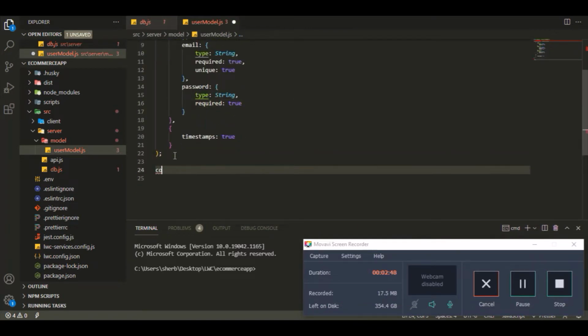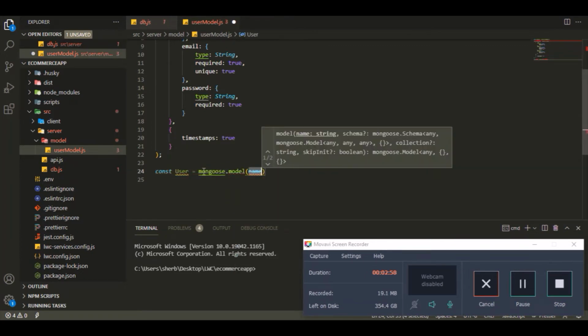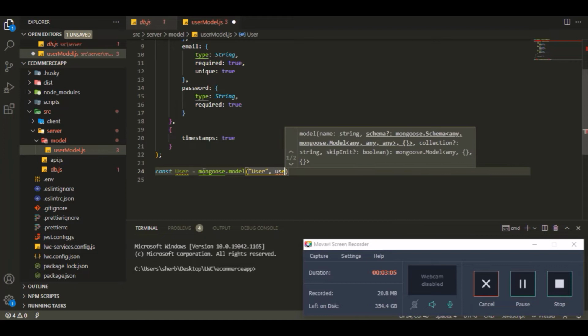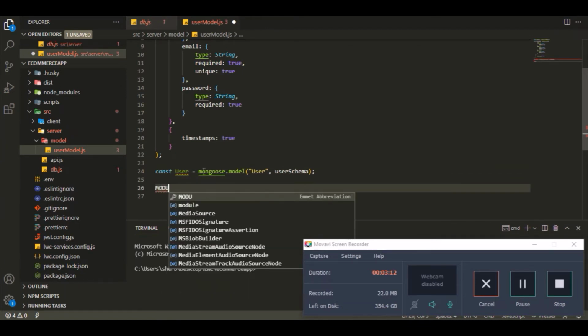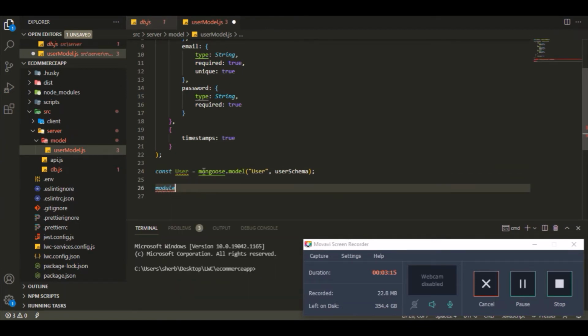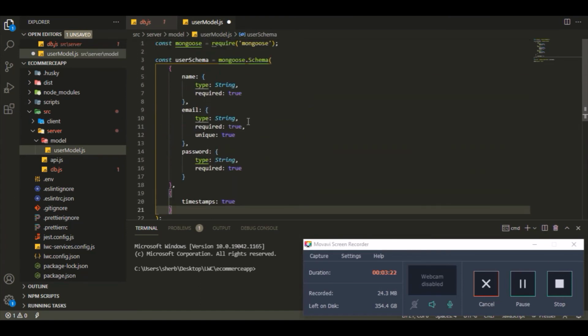And after that we are gonna say const user equals to mongoose.model, and we're gonna give it a name. We're gonna say user, and we have to provide that user schema, just like that. And finally we're gonna export it, so module.exports and user. So we are done with our